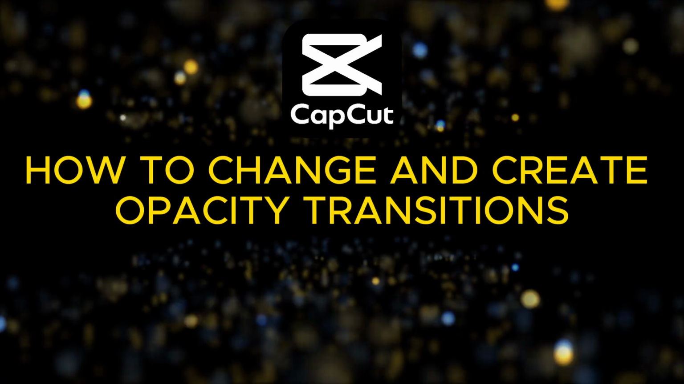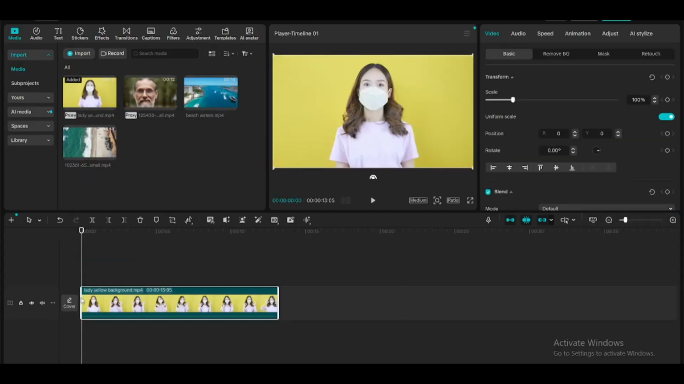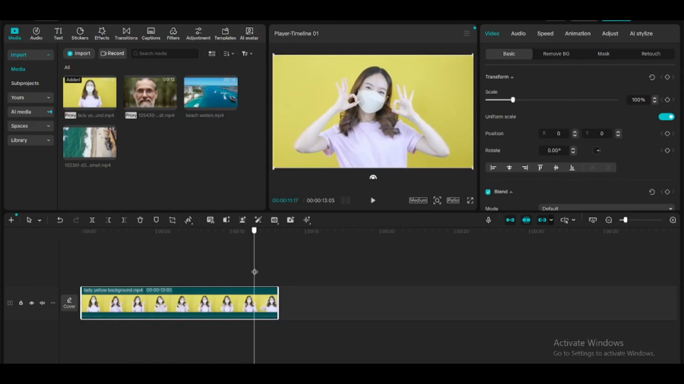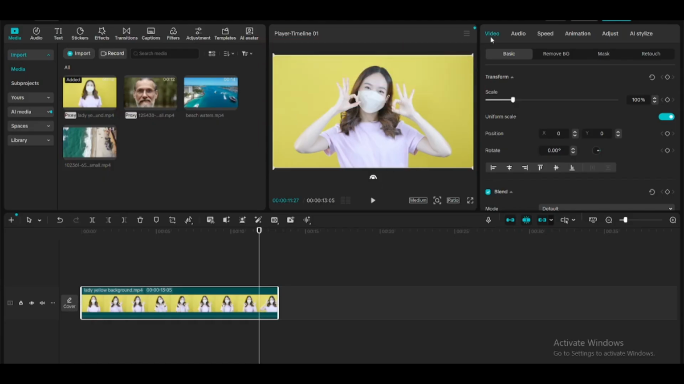Let's get into the video. Drag the first video you want to work with onto your timeline. Once you have that done, take your playhead to where you want the transition to start from. Once your playhead is there, go to the top right of your CapCut PC screen where you can see video,